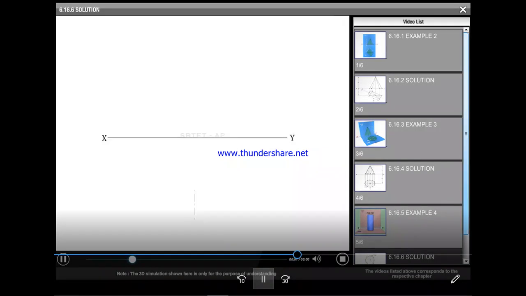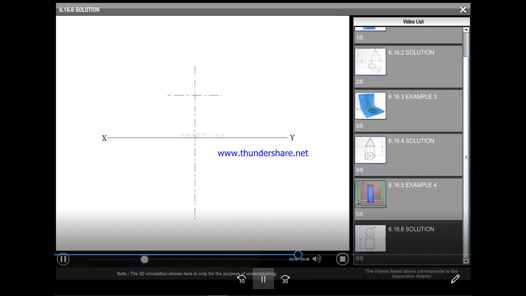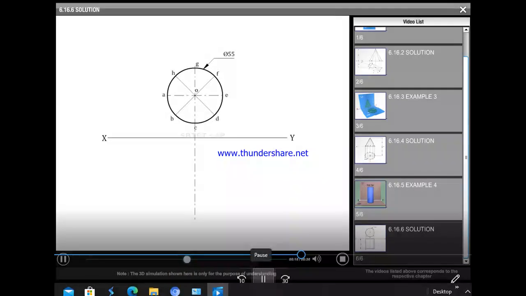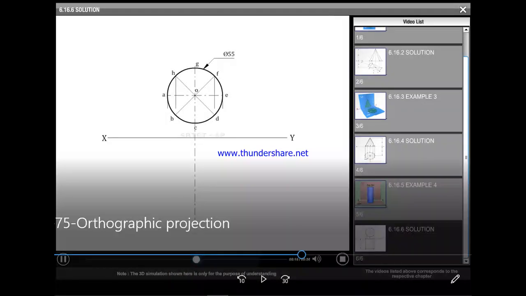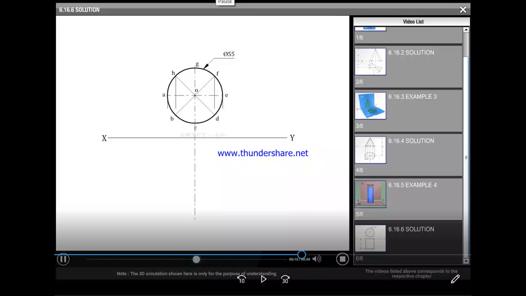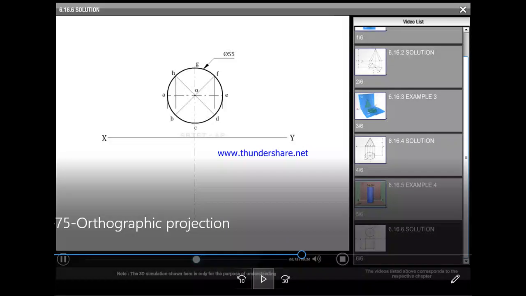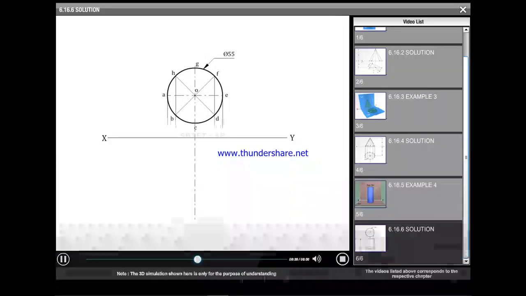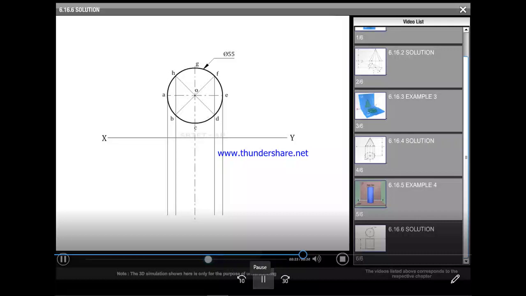Draw the top view, which is a circle. Draw the corresponding front view, which is a rectangle with its bottom base on XY line. Darken the front and top views.